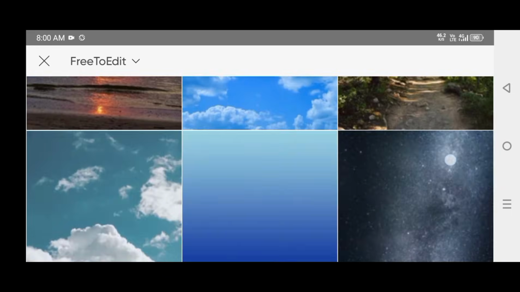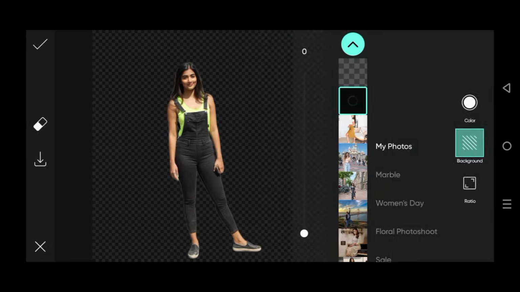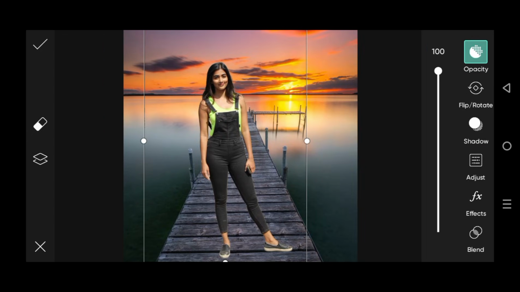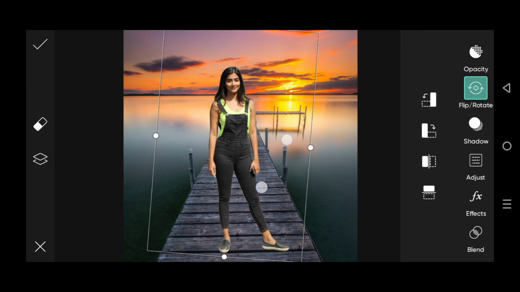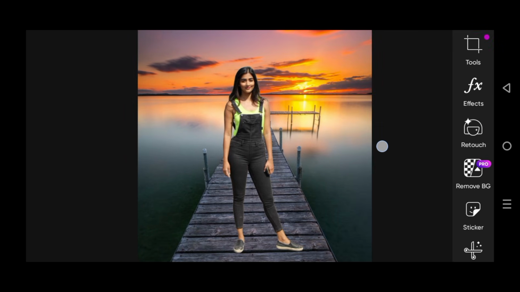So dear guys, for that purpose, here we are exploring these different kinds of backgrounds, and I have to select the one which is so beautiful and amazing according to the suitability of that image. Here I have to rotate the pictures according to it. So guys, after rotating that image, our picture is looking from here to